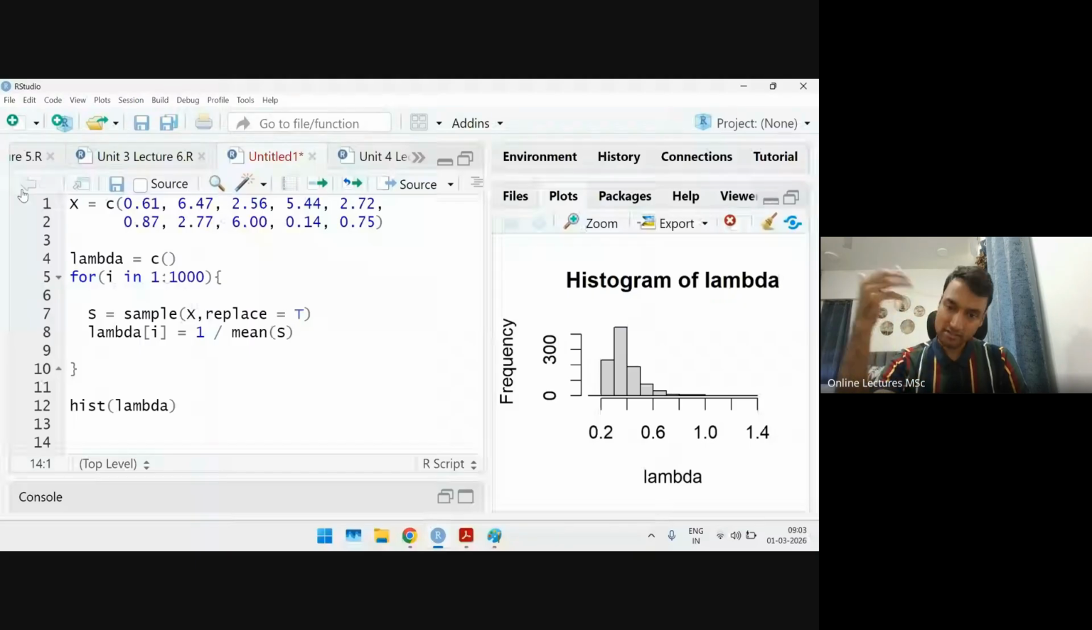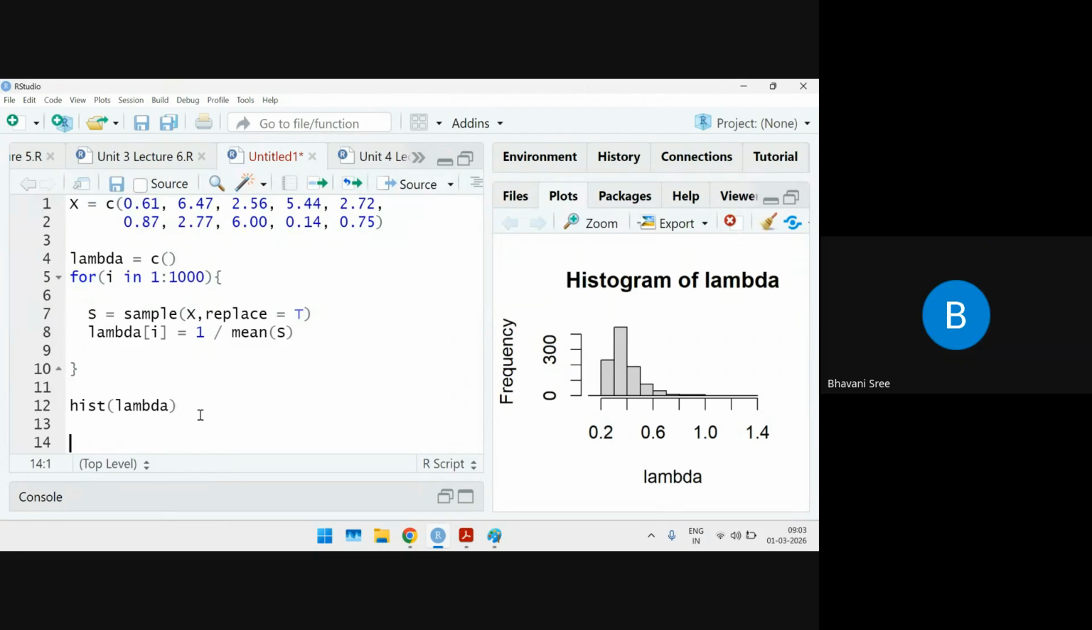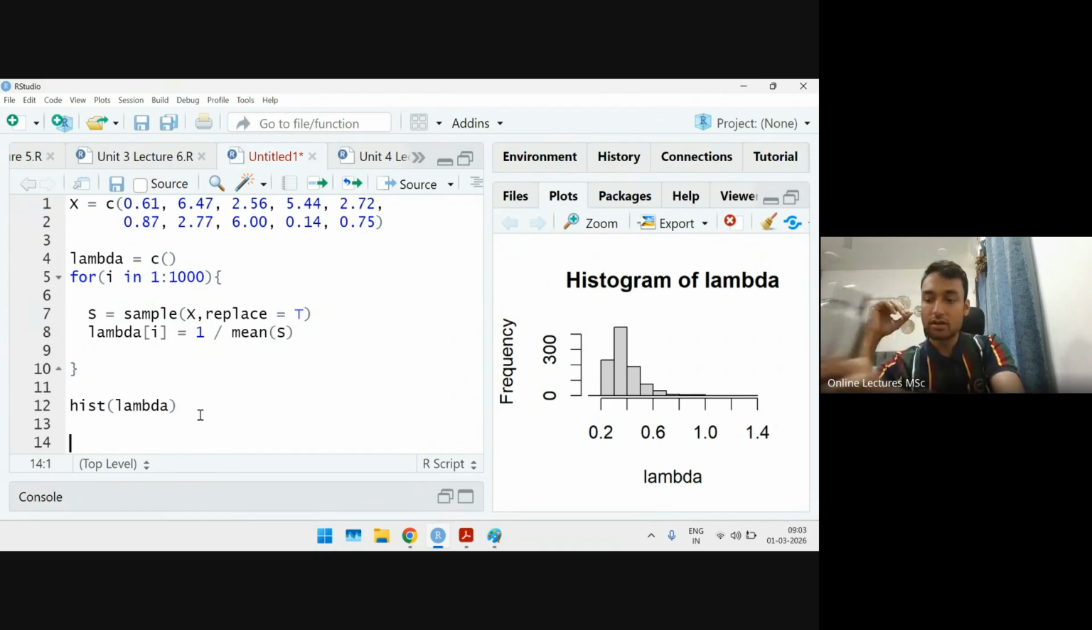So what you're saying, Anushka, is right. That's what you have to try to tell: the 95% confidence interval for lambda. So the distribution of lambda is on your screen. Yes, very good. Now, guys, if you understand lambda, what you have devised over here is nothing but an